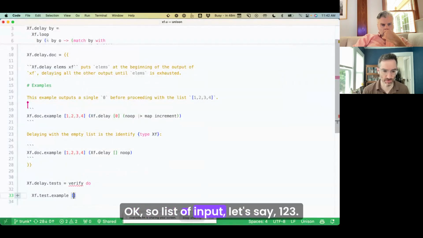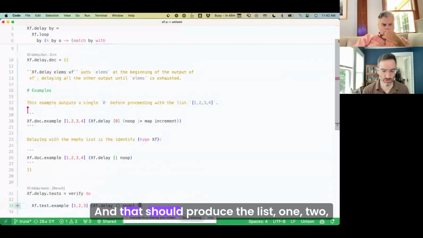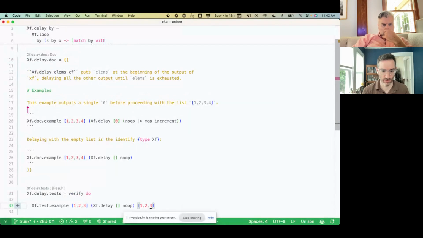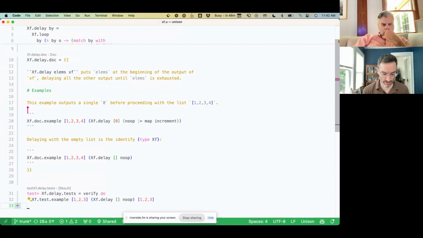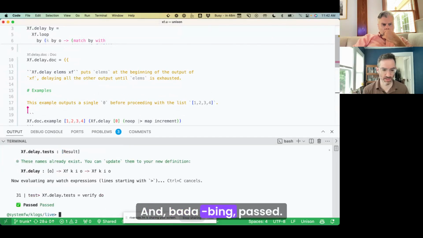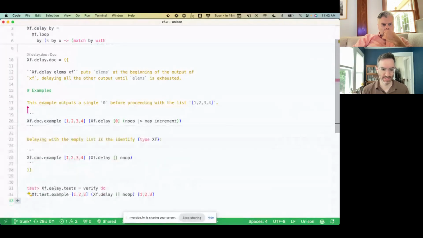So list of input: let's say 1, 2, 3, and a transform of xf.delay, empty list, no-op transform, and that should produce the list 1, 2, 3. Let's make this a test watch, and bada bing, passed. Okay, what else we got?